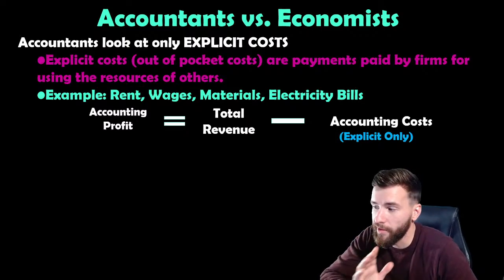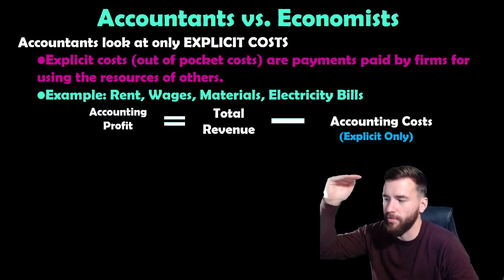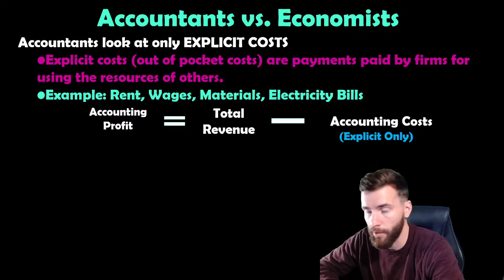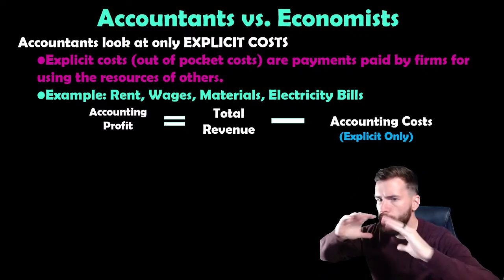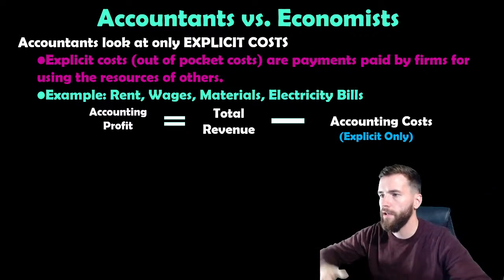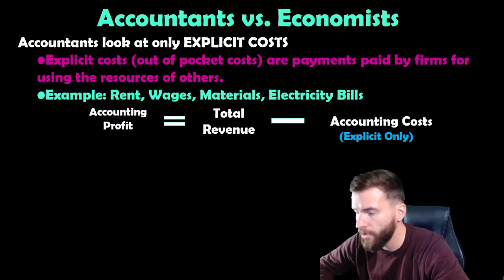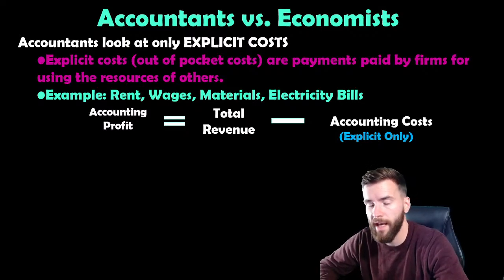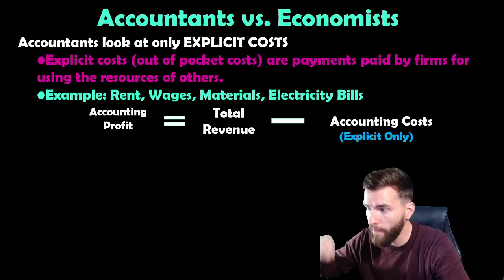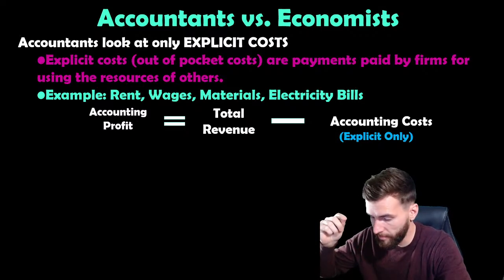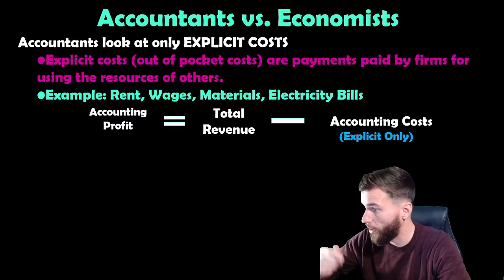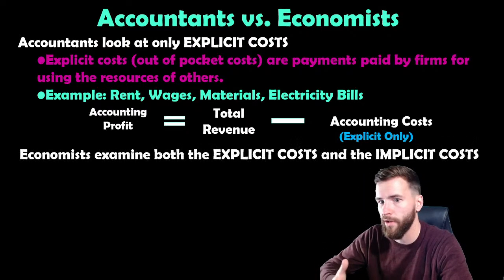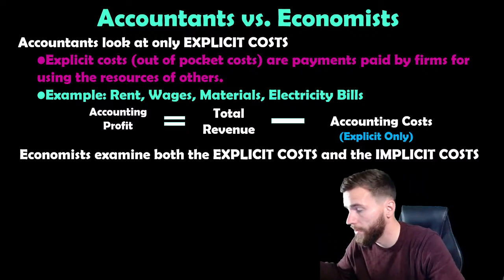But an economist is a little bit different. Economist is kind of next level, I would say. You guys remember the first day of economics? We're like, what is economics? You guys are like, money, stocks, bonds, and we're all like, no. Economics is all about decision making. It's all about the study of choices. So when we calculate economic profit, we want that number to tell us, are we making the right choice or the wrong choice? This number means more than are you in the green or in the red.